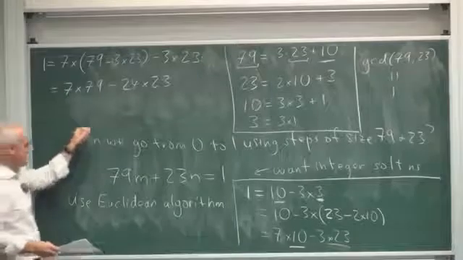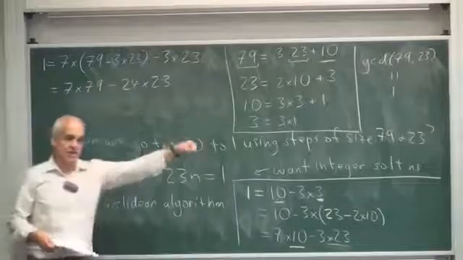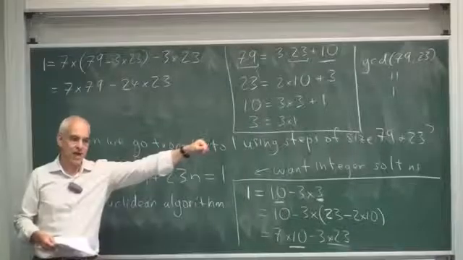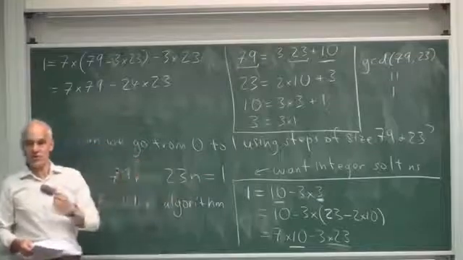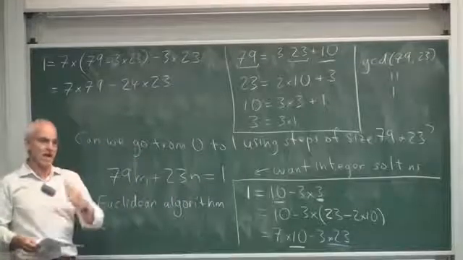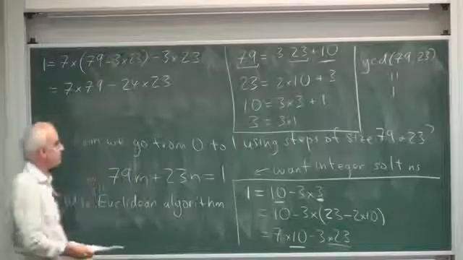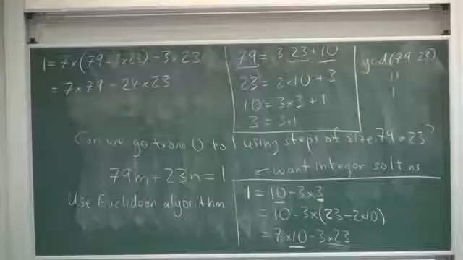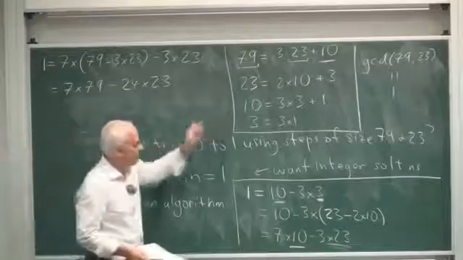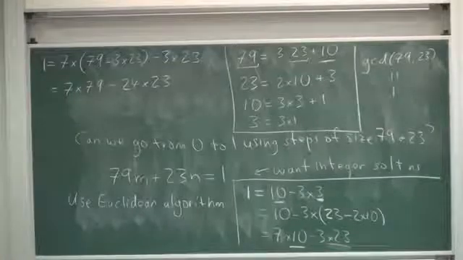So back to our robotics problem, the answer is you need to take 7 steps of size 79 and then 24 steps of size 23 in the opposite direction, and then you'd be exactly 1 from where you started. And so you can see the power of the Euclidean algorithm, and the ancient Chinese who knew the Euclidean algorithm were well aware of this method.